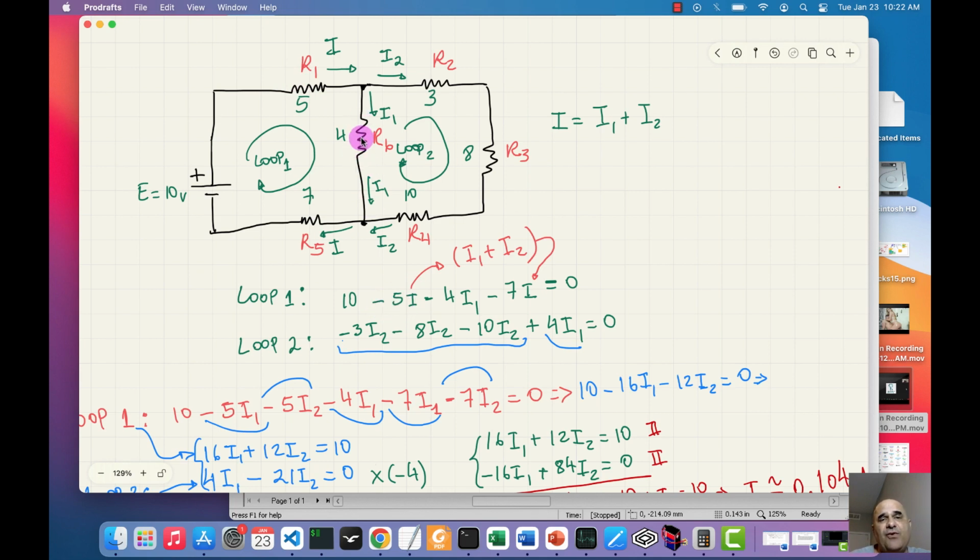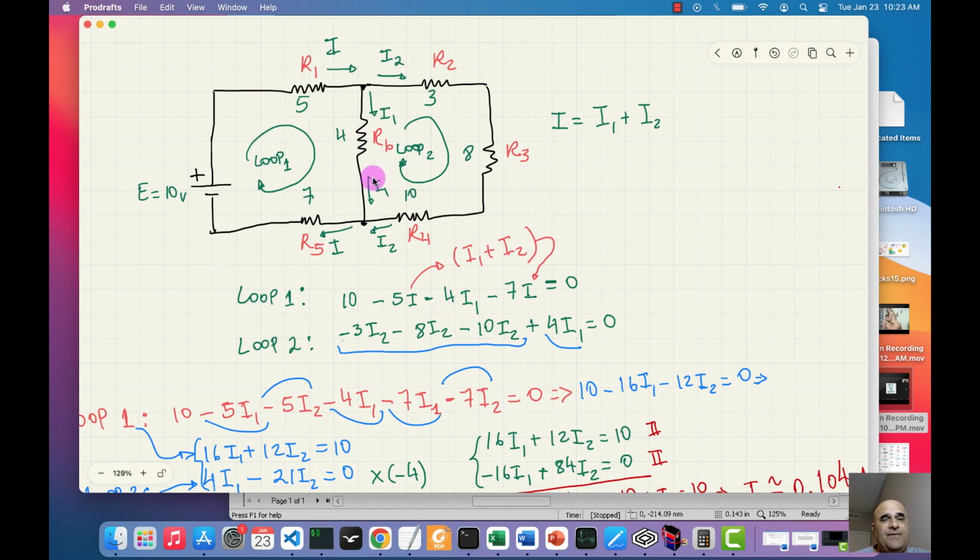Here we have another current, which is I sub 1, or just I1. So I multiply 4 times I1. Look, I have the same direction. So this will be negative. Okay, so negative